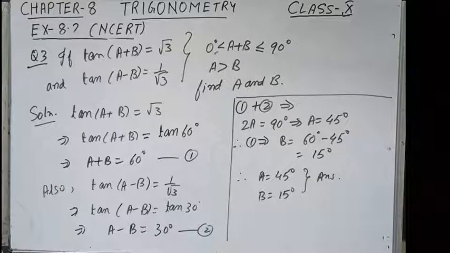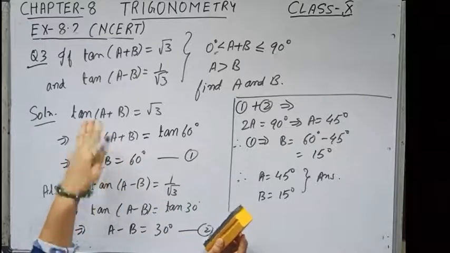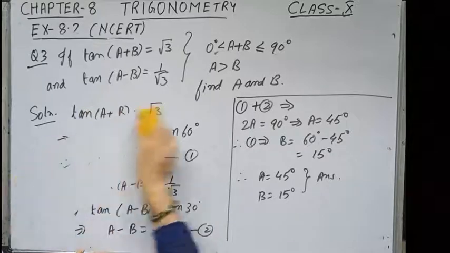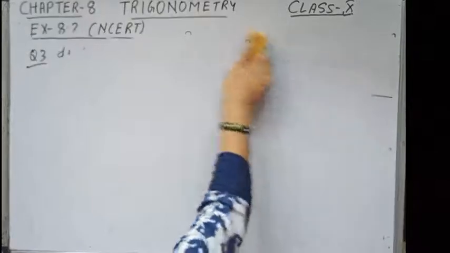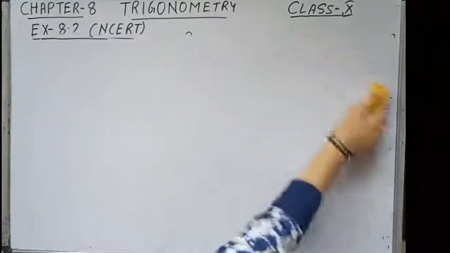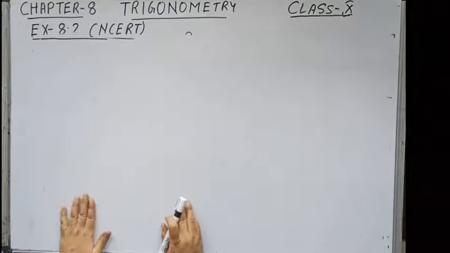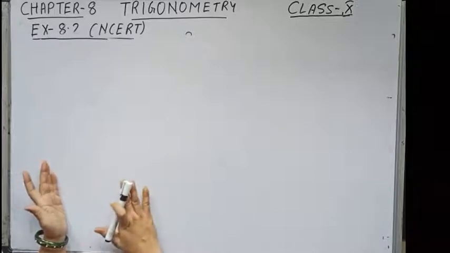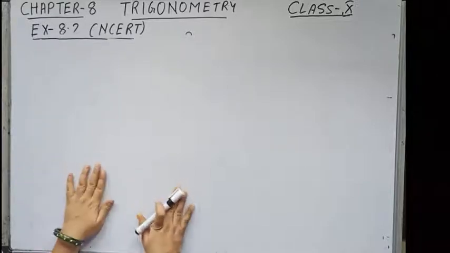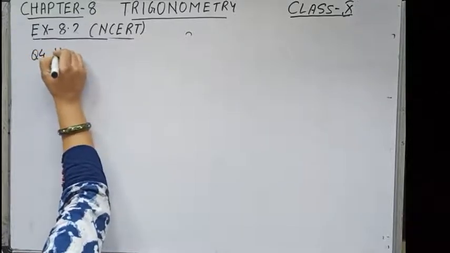So let us move to question number 4 now. I think it's very easy, and this question is important, children. Like this type of the question definitely comes in the examination. Question number 4 is, state whether the following statements are true or false and justify your answer. So in this question, children, we have to justify whether it is true or false, but we have to justify in both the cases.